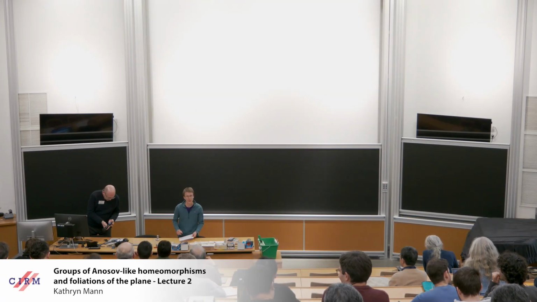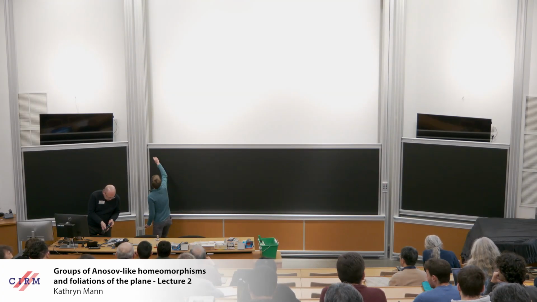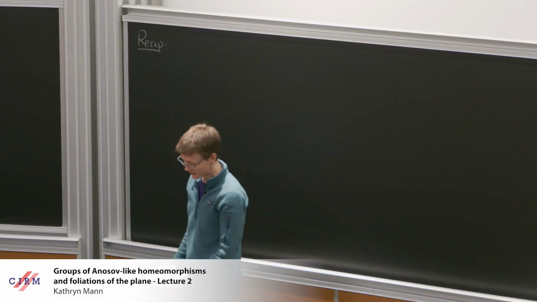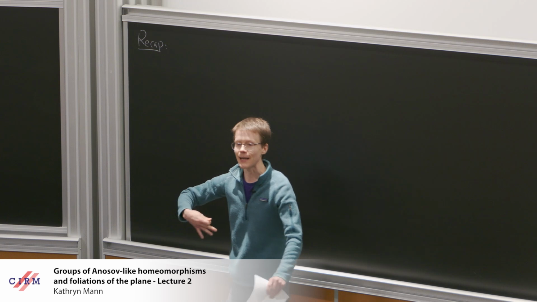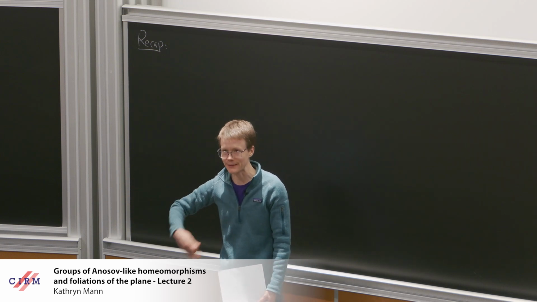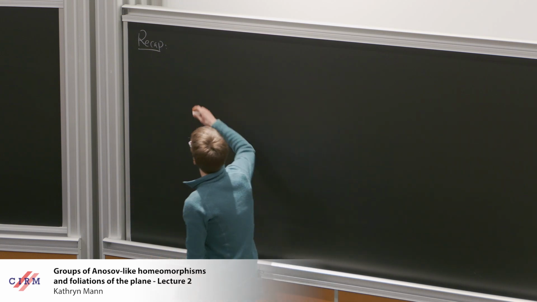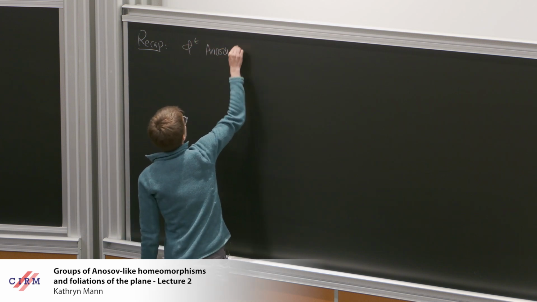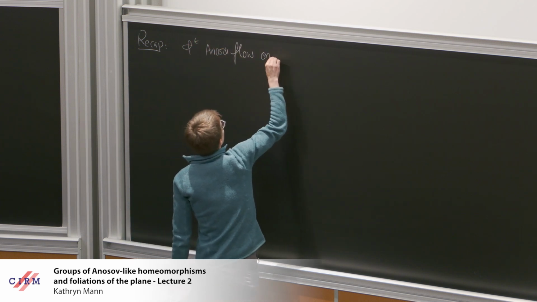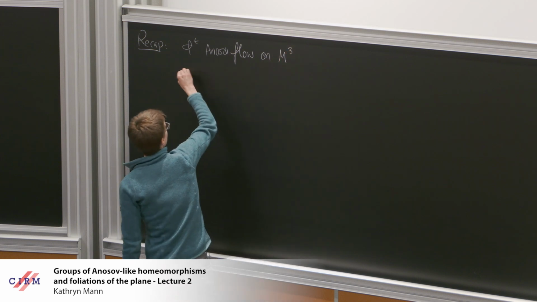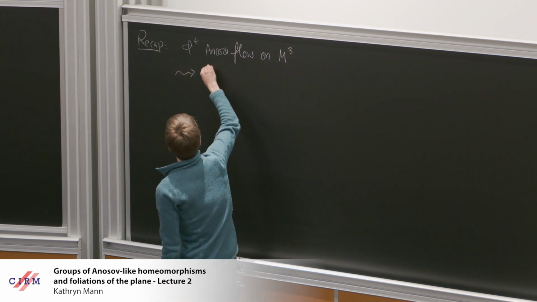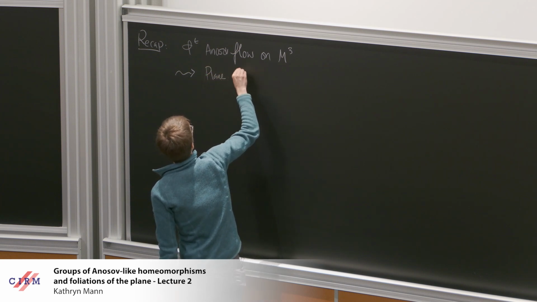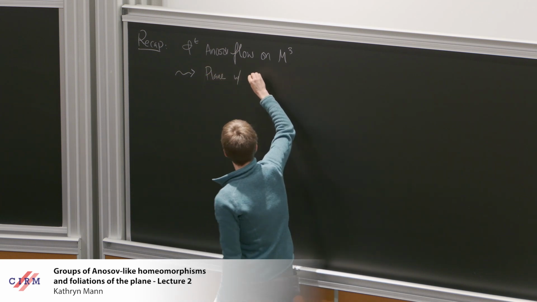Okay, so what happened last time, quick recap, in one sentence: we saw, or at least I sketched the pictures that go along with the formal arguments of how you go from an Anosov flow on a three-manifold to a plane with transverse foliations,